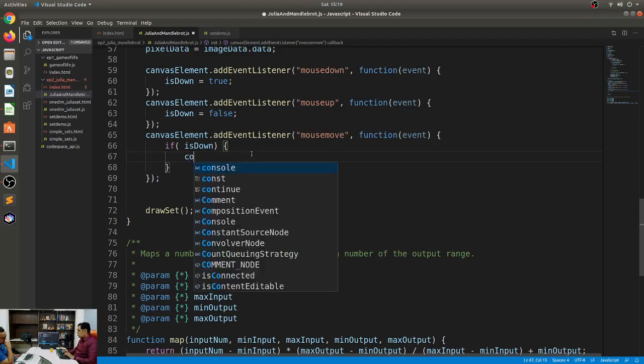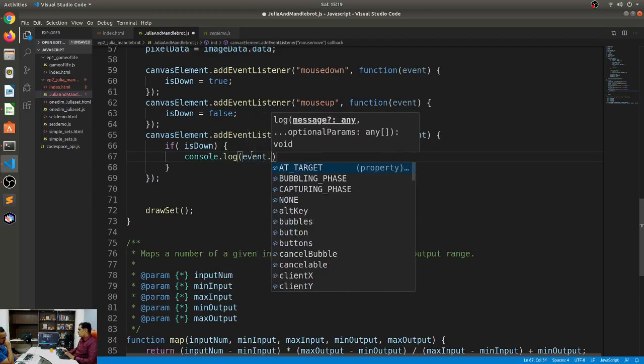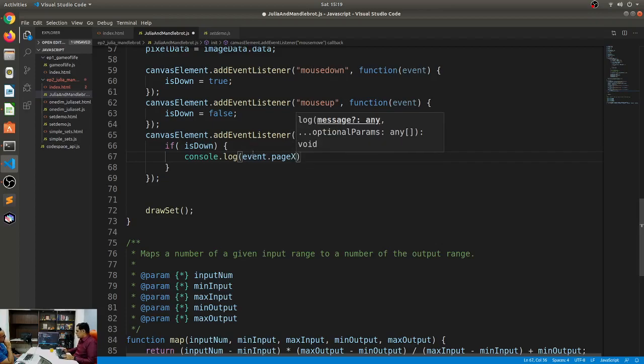Let me just console log event dot, is it pageX or clientX? I forget. I should have probably written this down, so I'm just going to say pageX for now.